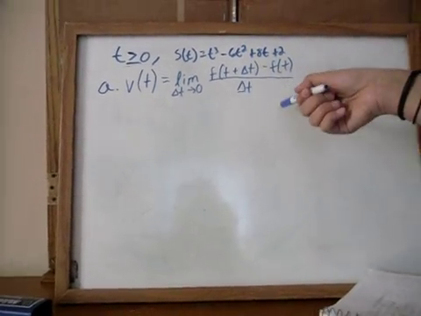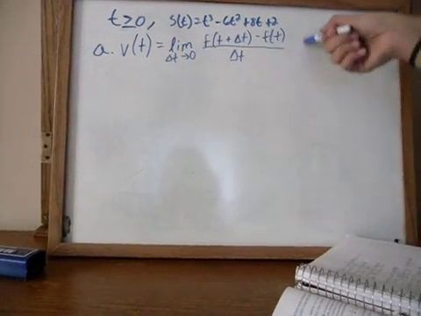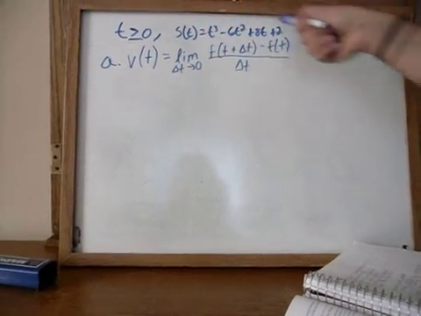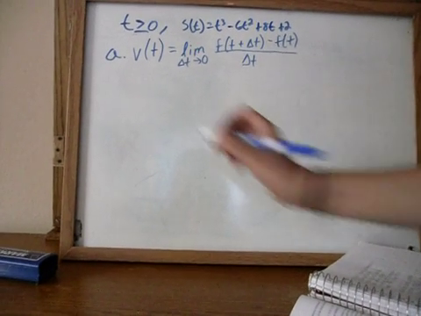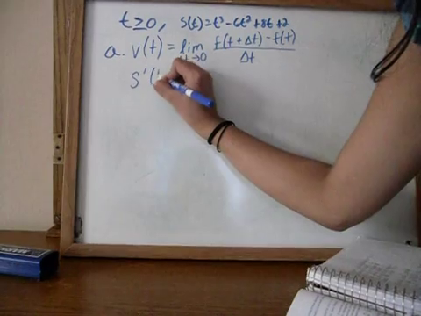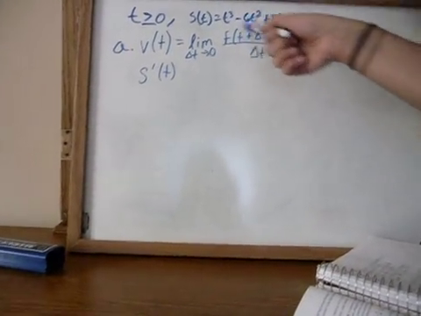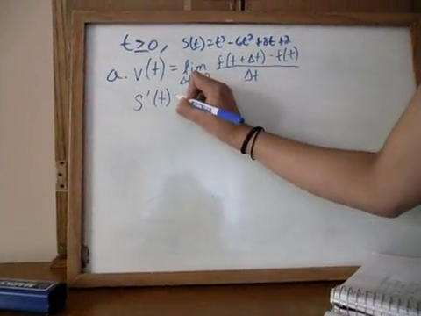Now if we see here, we already learned that instantaneous velocity is the first derivative of this position equation, and we are given this position equation. So what we need to do is find the first derivative of this position equation to get our instantaneous velocity equation. So to find the first derivative,